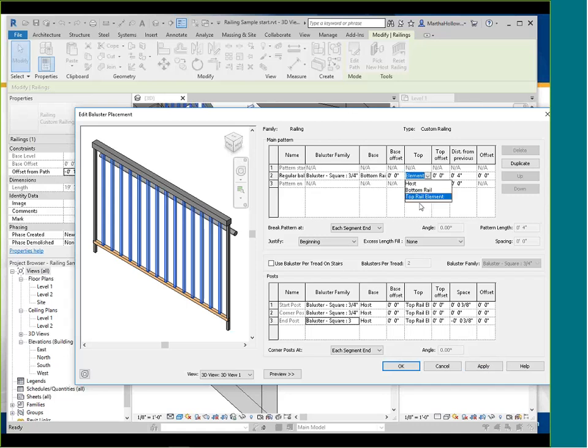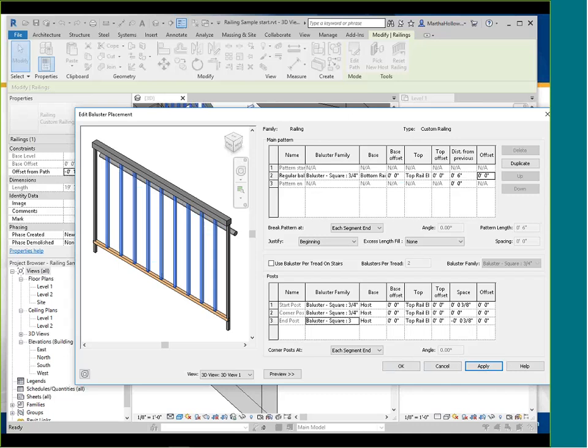I can also change this if I had another rail in there and I only wanted it to go to a certain height. I could change that, but right now I'm going to leave it at the top rail element. But that's how you would change it. So this is the top. You could also have a base offset, if you wanted it a certain distance away from the base rail that you're choosing. And this 4 inches, that's how far they are apart. If I put 6 inches here and click Apply, you can see they spaced out a little bit further, but that would offend numerous